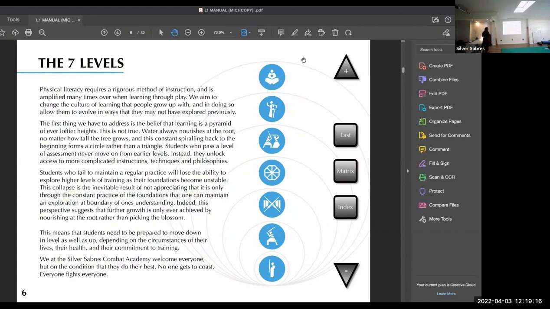Students who fail to maintain a regular practice will lose the ability to explore higher levels of training as their foundations become unstable. This collapse is the inevitable result of not appreciating that it is only through the constant practice of the foundations that one can maintain an exploration at the boundary of one's understanding. Indeed, this perspective suggests that further growth is only ever achieved by nourishing at the root rather than picking at